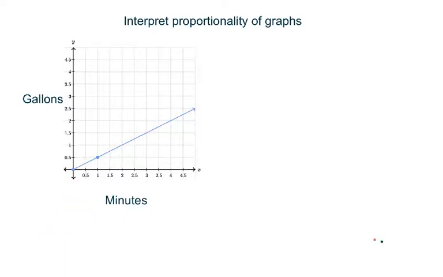Now, what we want to do then is we want to be able to interpret what that particular point right there means. And so we have to look at the numbers, the 1 and the 0.5. We have to look at the units that the graph gives us as well. And so there's two ways you could tell what this graph means. One is you could start with the x values and say that 1 minute